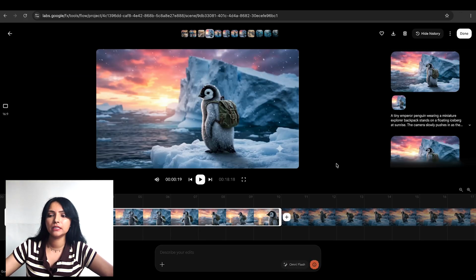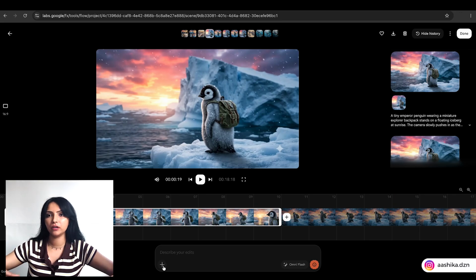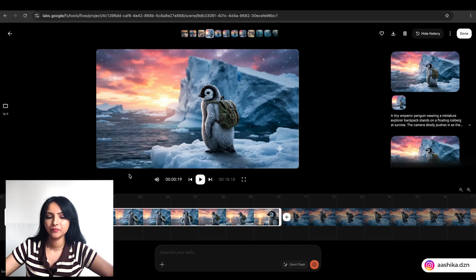So what I want to do is add a background storyteller, someone actually saying a story from the background, like someone's voice being played in the background. And I want someone to say something while the penguin is moving and doing stuff. Okay. So for that, you have to select the plus button over here,